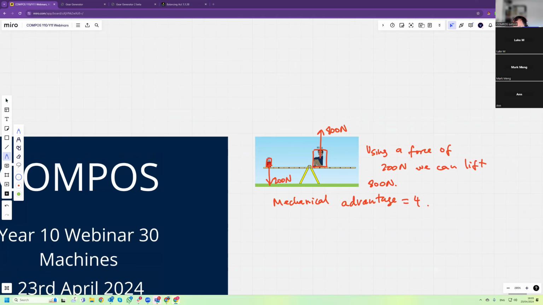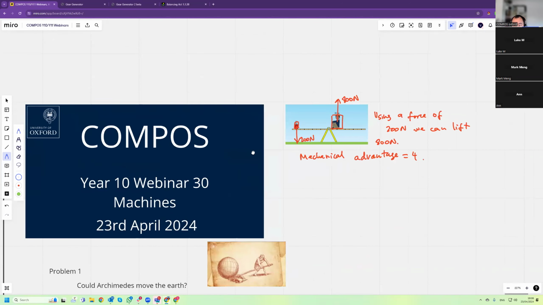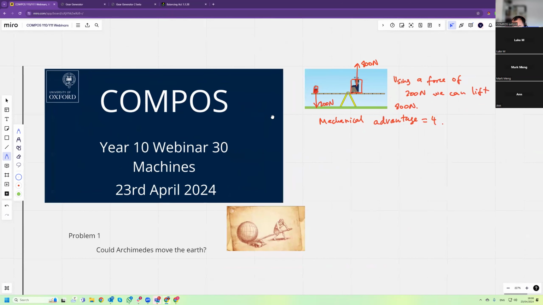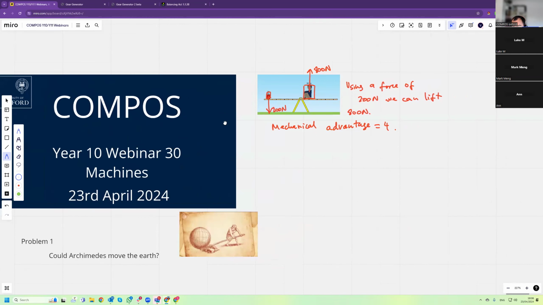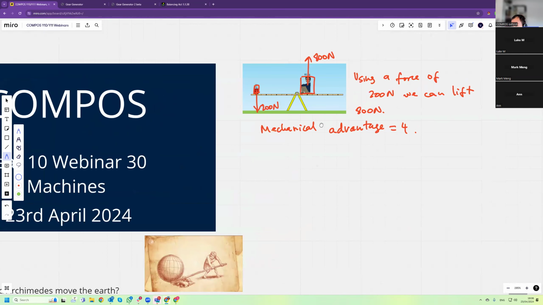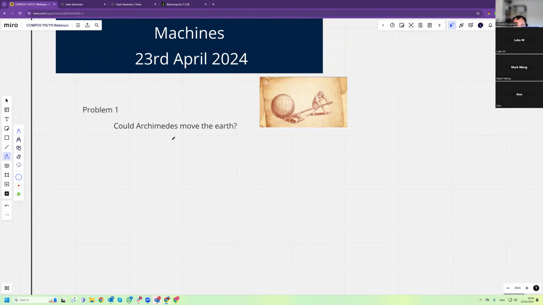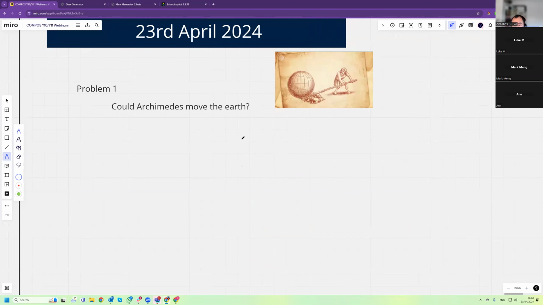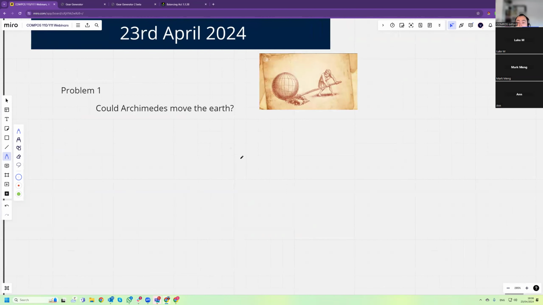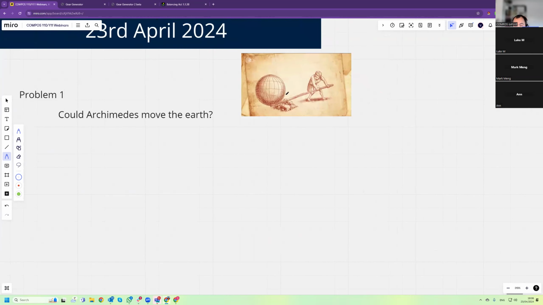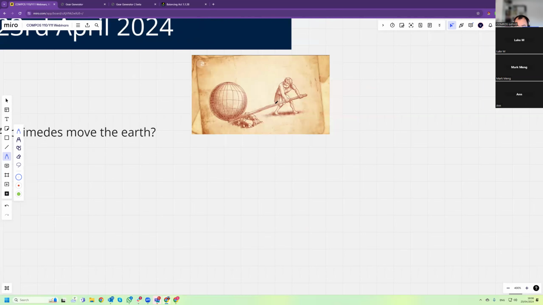There are different types of machines that we use, and they all give us a mechanical advantage. So, problem 1. Could Archimedes move the earth? Archimedes famously said that give me a place to stand on and give me a lever and I can move the earth. So effectively, he said that if this is the pivot,